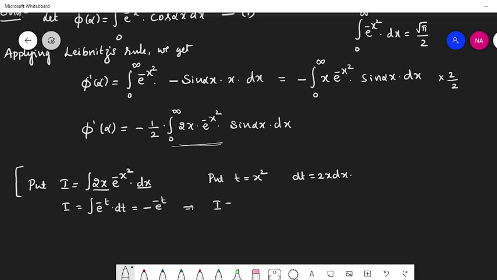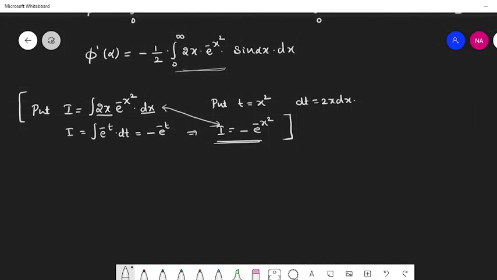So I is minus e power minus x square. So the value of integral 2x e power minus x square dx is minus e power minus x square. Keeping that in mind, now we will apply integration by parts, taking sin alpha x as the first function and 2x e power minus x square as the second function. So applying integration by parts,